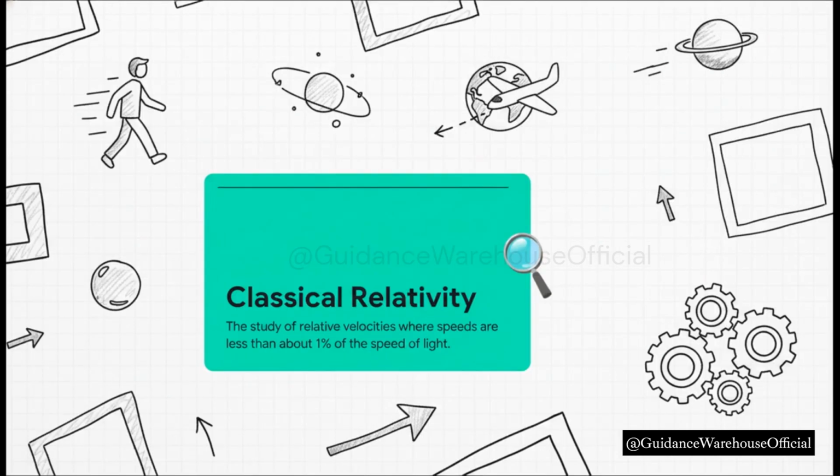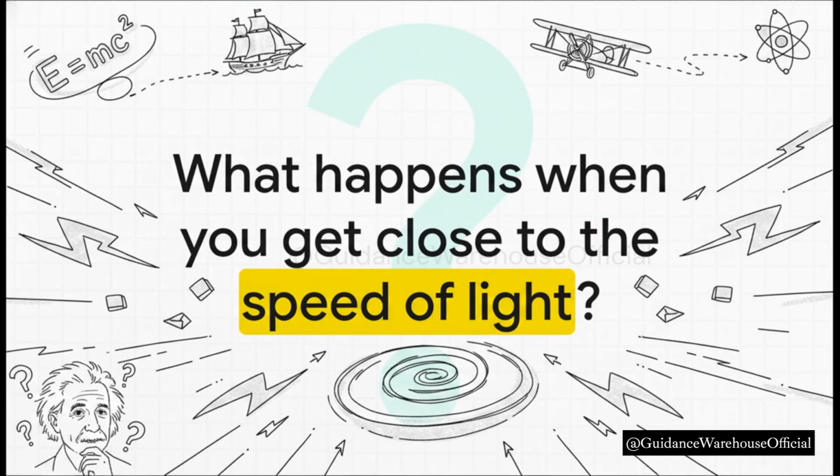So this whole idea, this principle, that the laws of physics are the same for everybody who's in constant steady motion, that's what we call classical relativity. It's the rule book for how motion works in our everyday world, from walking down the street to flying across the planet. But, and there's always a but in physics, isn't there? This beautiful, elegant system has its limits. It works perfectly for ships and planes and pretty much everything we experience, but it starts to break down when you get really, really fast, like close to the speed of light fast. And asking that question, what happens then? Well, that's what sets the stage for a young Albert Einstein to revolutionize physics all